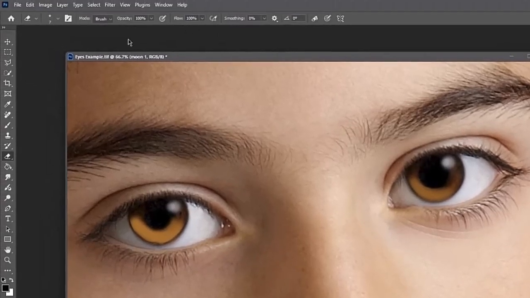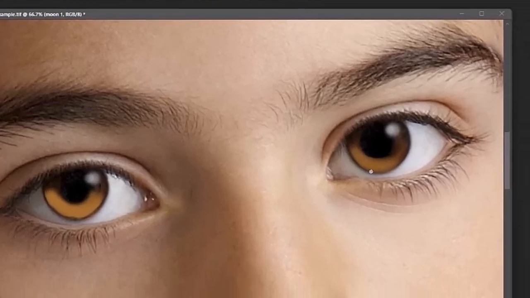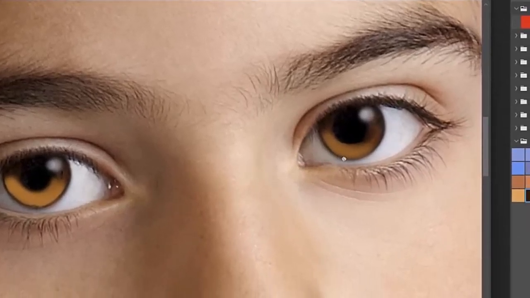Now, here it is in 100% opacity. I made sure there was no paint in the pupil on that side. I'm going to turn it back down to 50%. You're going to see my first pass now that it's at 50% isn't going to take all the paint off,